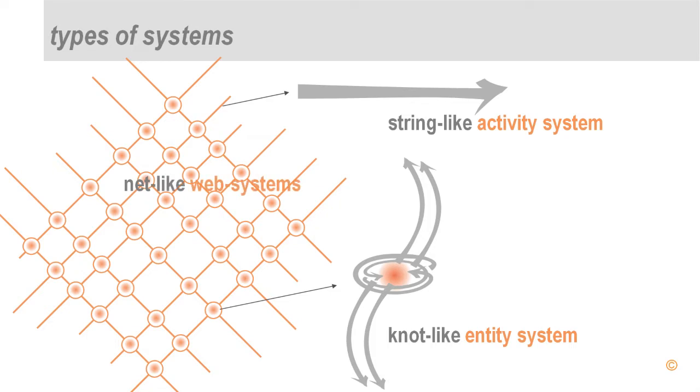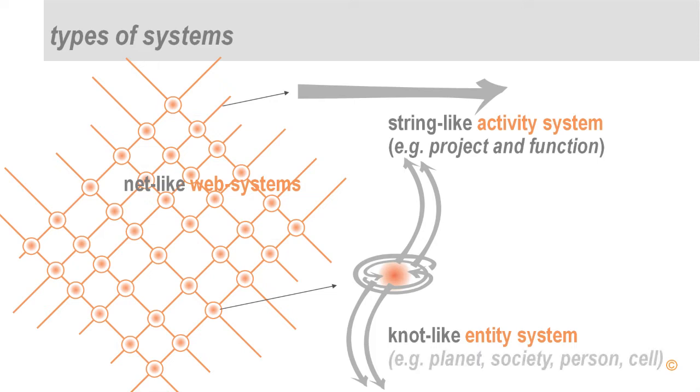Examples of string-like activity systems are projects, functions, business processes in an organization, and so on. Examples of knot-like entity systems are an organism, an organization, a society, a planet, a cell, an atom, and so